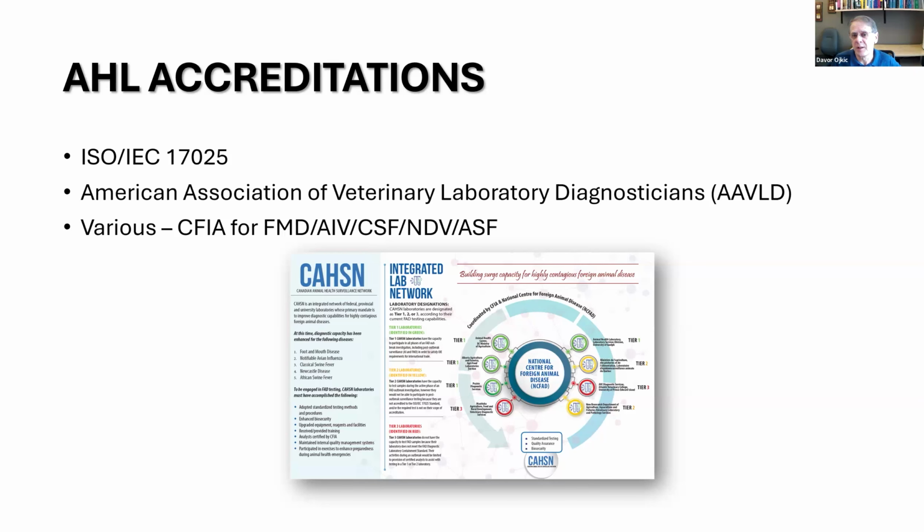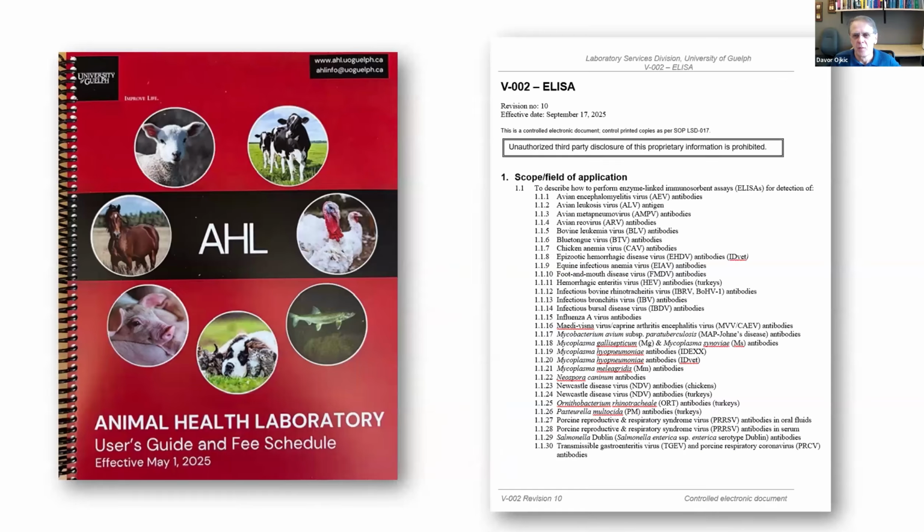We are accredited by AAVLD, and also we work closely with CFIA on foreign animal diseases. So we are a tier 1 network lab, and we can do pretty much testing for any foreign animal disease that CFIA tests for. So we have almost 1,000 tests in-house, and I'm a virologist and immunologist, so my